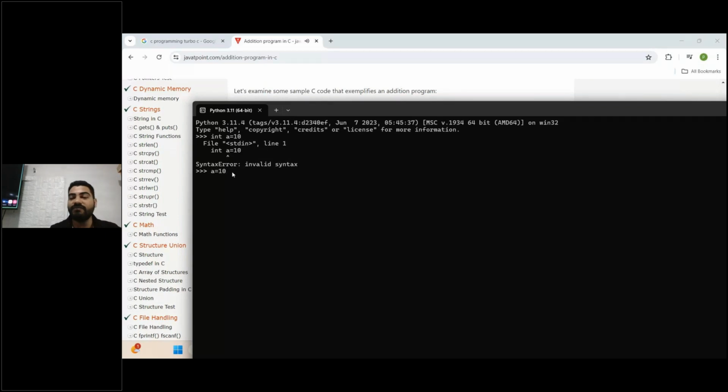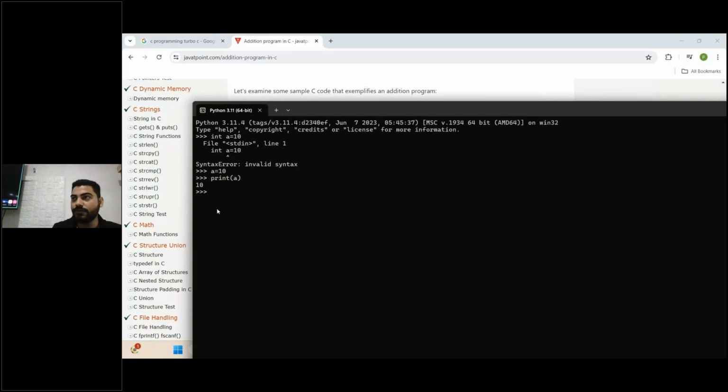Implicitly, internally, PVM knows everything, what type of data they are going to initialize here. What type of data is it? 10, integer. Did I write integer here? No. Even without writing that, I can print it and I can get the value here. Are you getting my point? So we do not have to write that integer term in this. Okay, because this is dynamically typed, meaning at runtime PVM knows everything. While running the program, PVM can understand what type of data we are using.